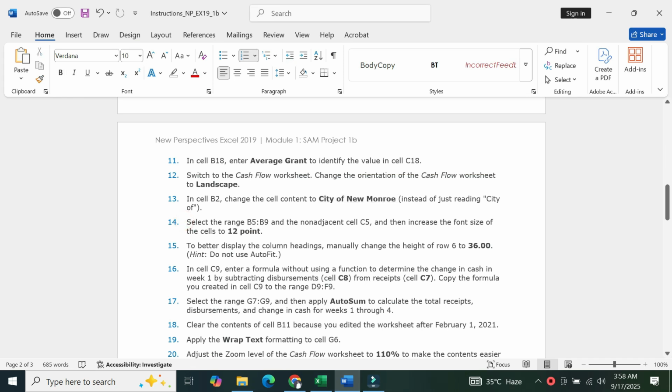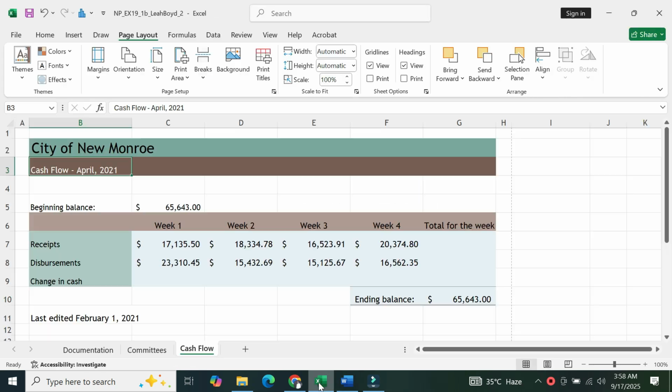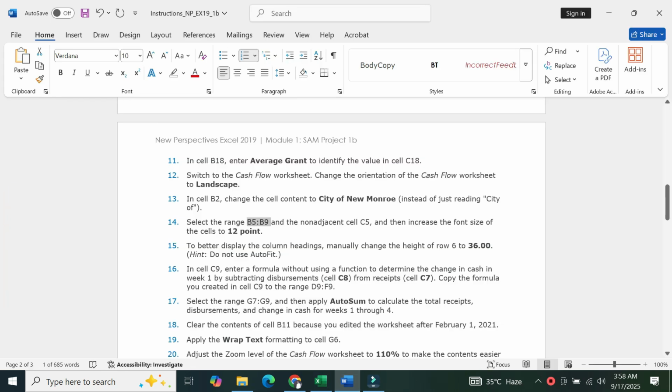Now question number 14, select the range B5 to B9 and the non-adjacent cell C5 and then increase the size of the cells to 12 points. Okay, so these are the range B5 to B9 first, plus C5.